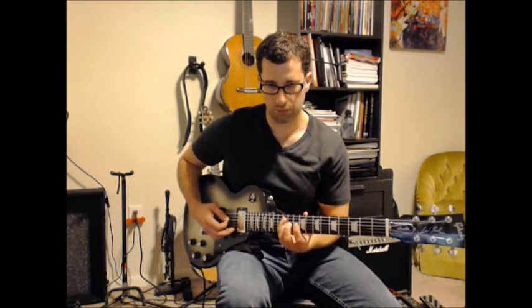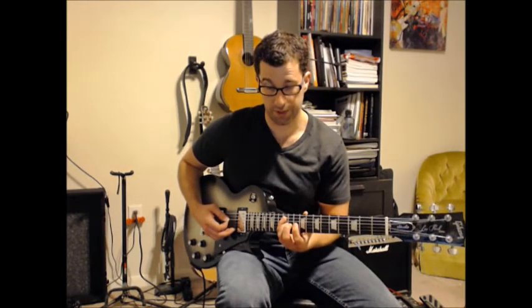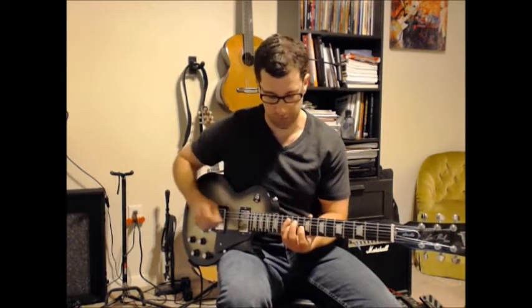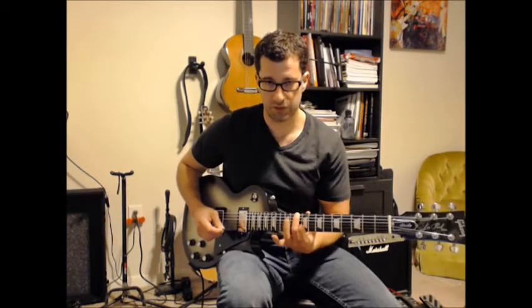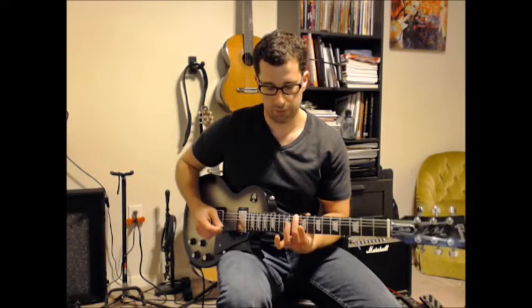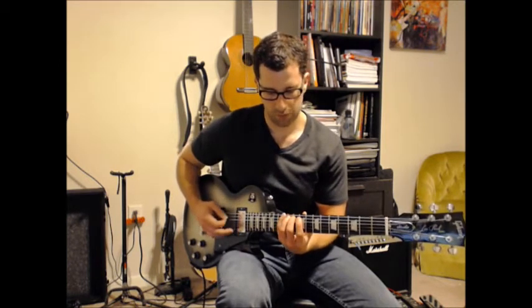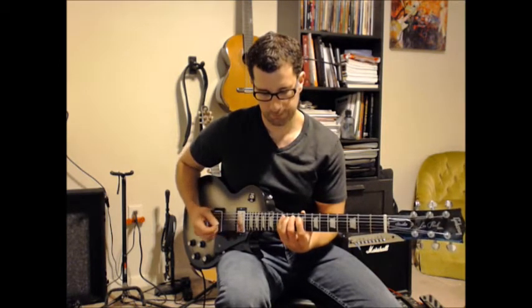So root note is right here on string 5, fret 12, or the 2nd note on string 5 of box 3 pattern. All right, 9th position, starting on finger 2. Finger 2, fret 10. 2, 4, 2, 4, 2, 4,